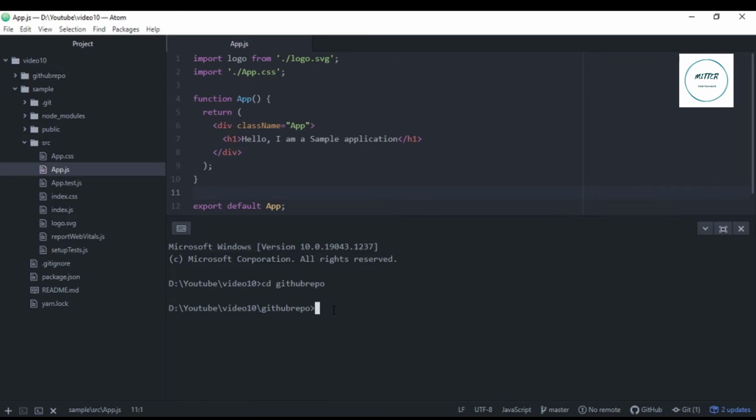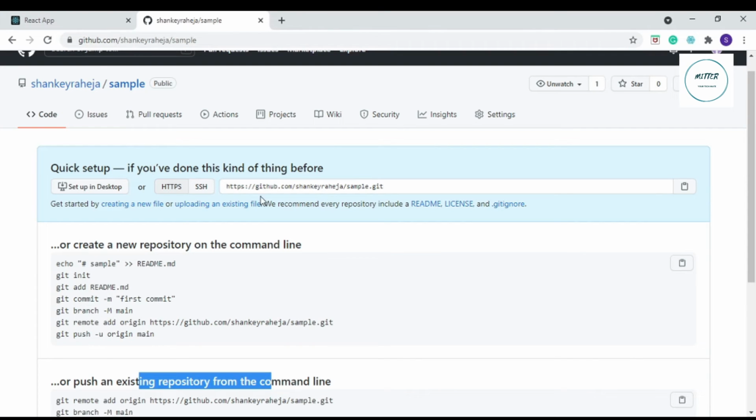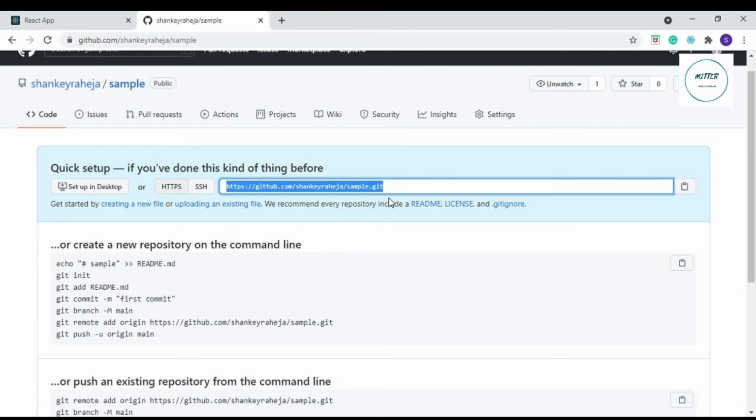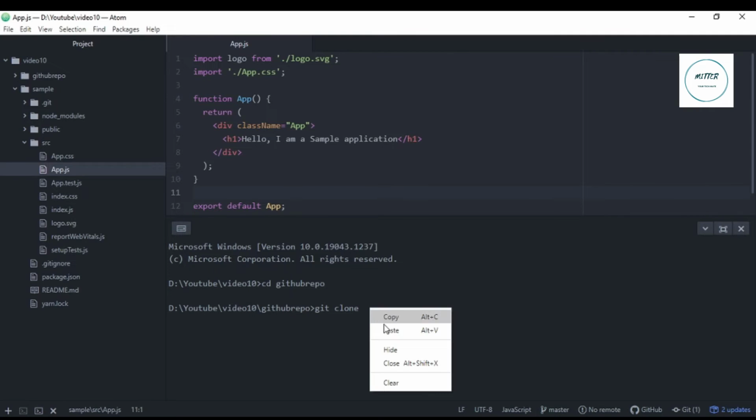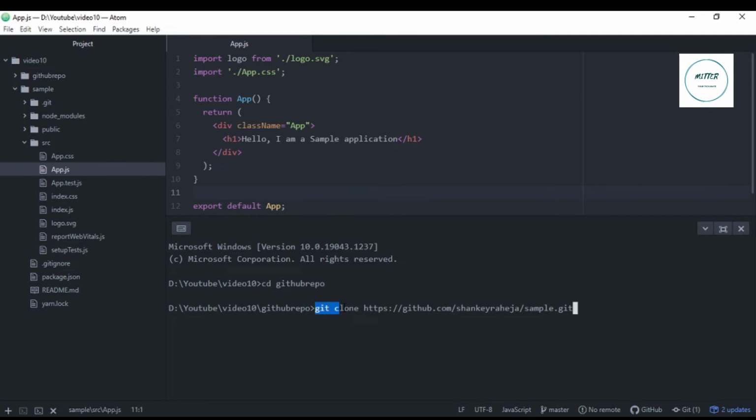Once I'm in this folder, I can run a command which says git clone, and then I need to mention which repository exactly I need to clone here. For that, I'm going to go back to GitHub, and here I have a link to the repository which I have just created. I'm going to copy this link, and here I can paste it. All I've done is say git clone this repository, which is a link I have copied from GitHub. When I run this command,